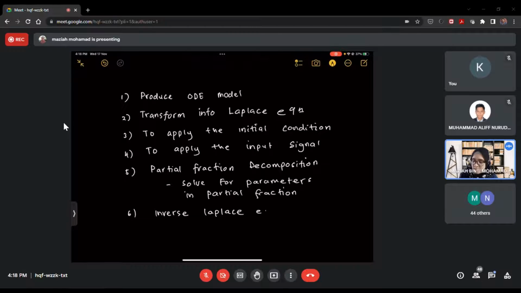Laplace equation. So we get Y(t). Okay, the Laplace form is Y(s). So we inverse, we get y(t). All right. So the step is